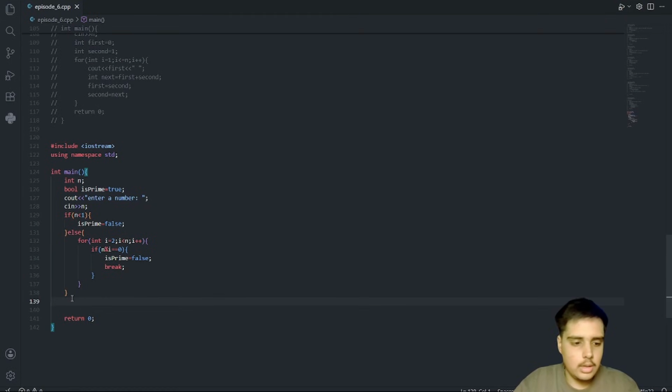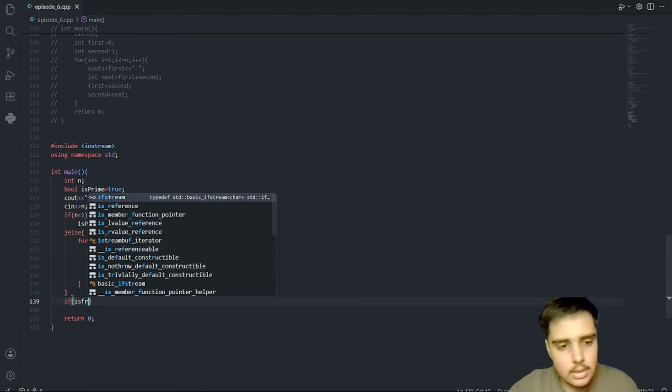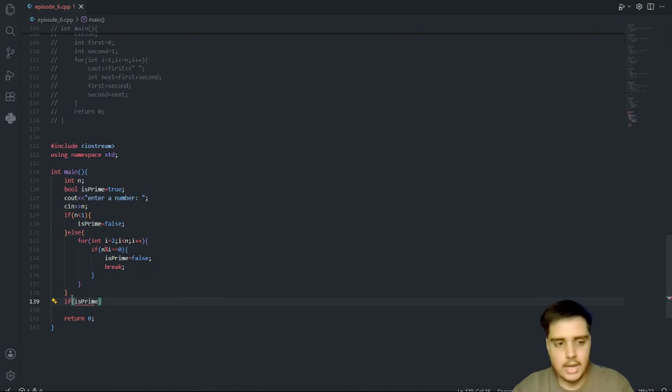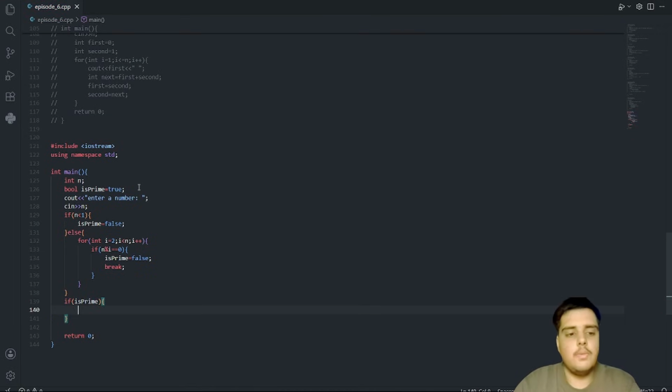And below here, now we talk about if is prime. When in an if statement we just write it and we don't take a condition, it directly converts into true and false. So if is prime here refers to this statement, it will only work when the prime value will be true.